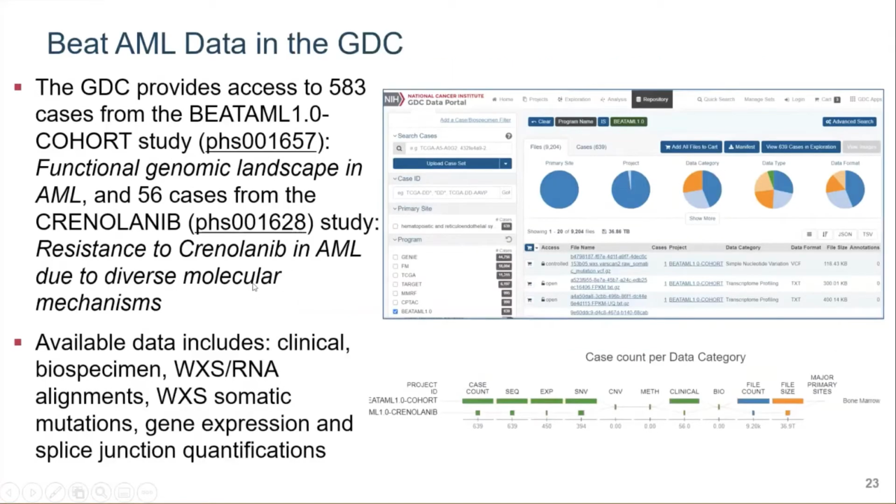If we go and look at the data in the GDC, we have 583 cases for the Beat AML cohort study. And the cohort study is the functional genomics landscape in AML. And there's 56 cases from the crenolanib study. And this looks at the resistance to crenolanib in AML due to diverse molecular mechanisms. And so we have clinical data, biospecimen data, the alignments, and also the whole exome somatic mutations available from Beat